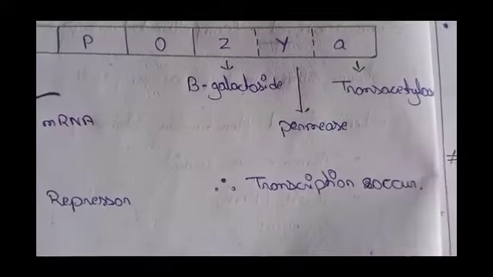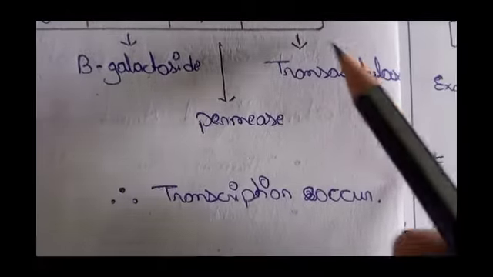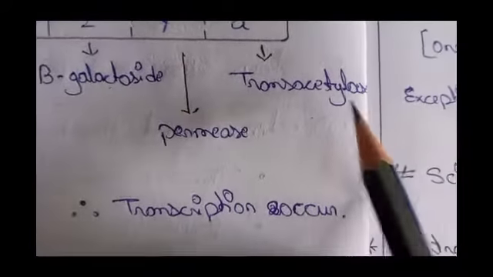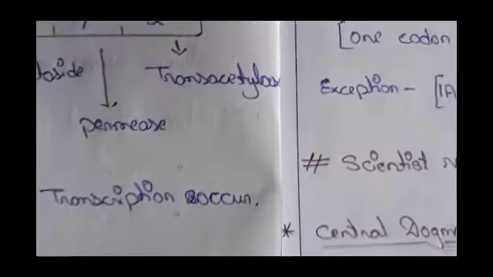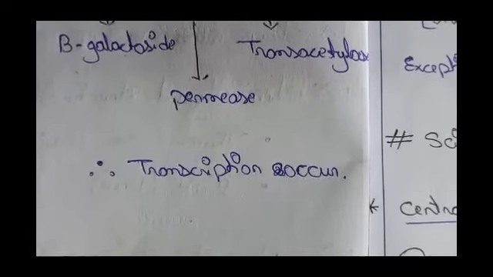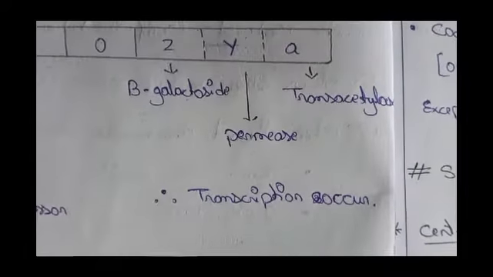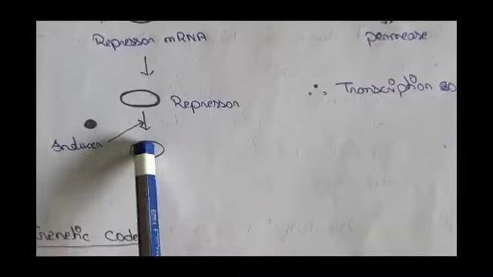This is beta glycosidic linkage, this is the primase, and this is the transacetylase. Okay, transcription occurs if the inducer is attached with the repressor. Okay,